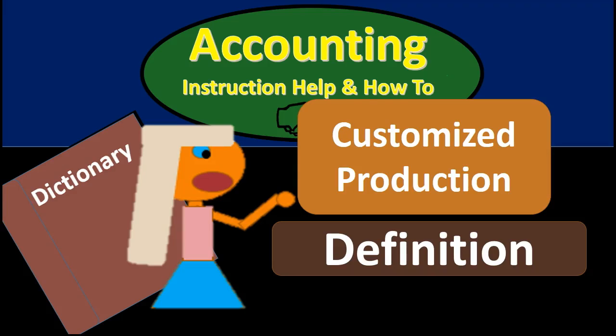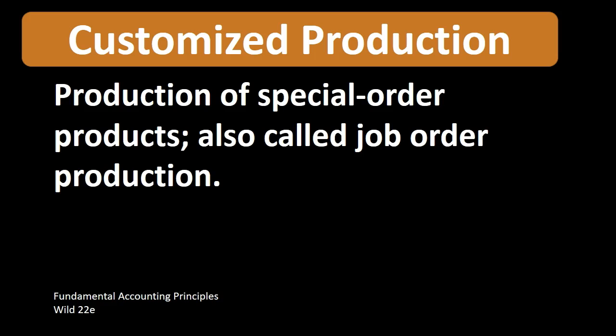Hello, in this presentation we will define customized production. According to Fundamental Accounting Principles, Wild 22nd edition, the definition of customized production is production of special order products, also called job order production. When considering the term special or customized production, we're typically thinking about a company which manufactures